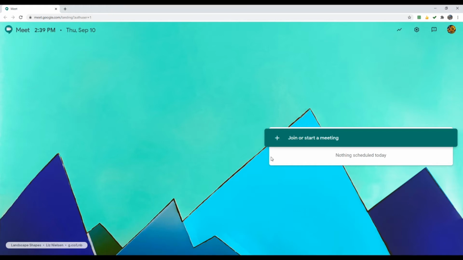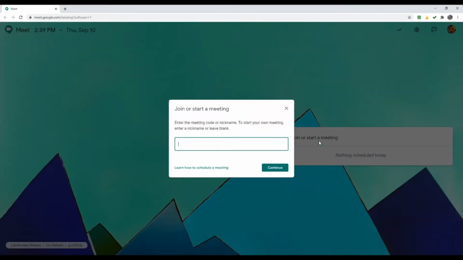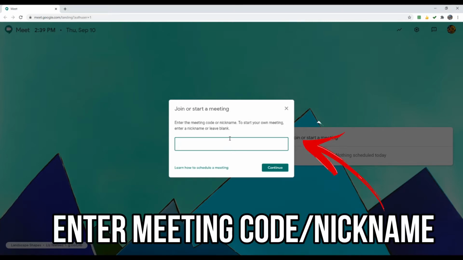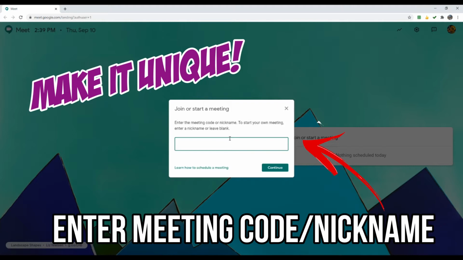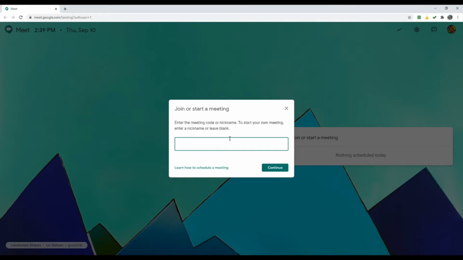Now, as a teacher, we will be the one who will initiate the meeting. So you will be clicking join meeting, and then you will be entering the meeting code or nickname. What we can do here is to type a unique nickname for our Google meeting. For example, the name of the section that we will be meeting,